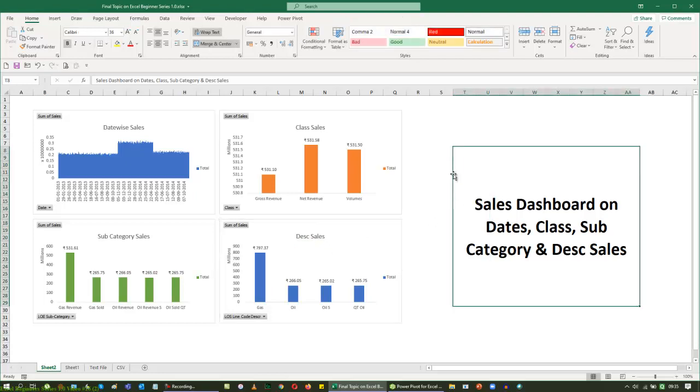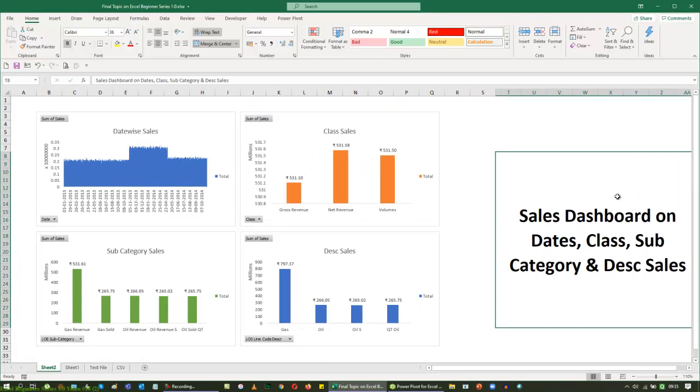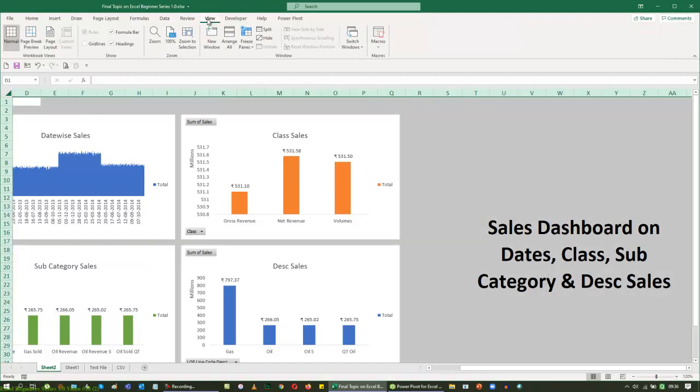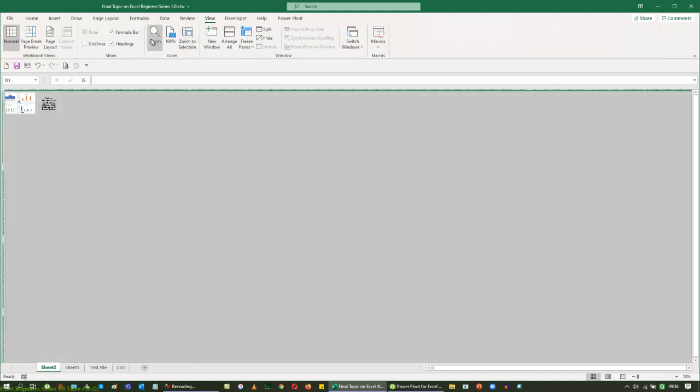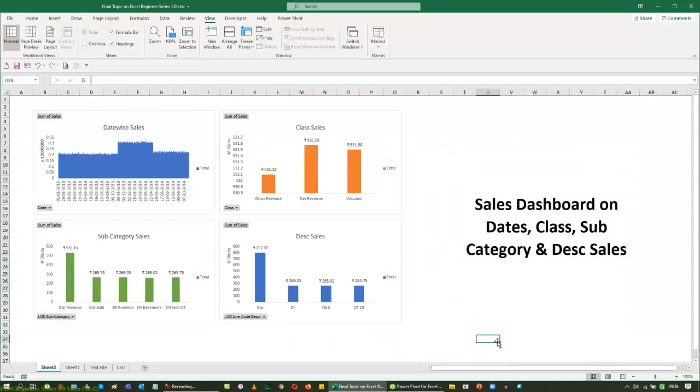So I can see them very clearly, how good it is, and I can just make it a little bigger if you wanted to, because the charts are here. So just take it out. So I have it. So let me just make it 120. Select the whole sheet and then make it 100% zoom. So that sounds good. Yeah. So this is how we will build our Power Pivot option.